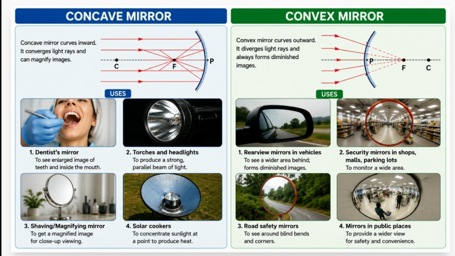Security cameras that you find in shops, and all these security mirrors at the corners, road safety mirrors, all those things, they give a very short and wider view of the place in and around, so that I can see a very huge area within. So those are the uses of the concave mirror and convex mirror that we have.